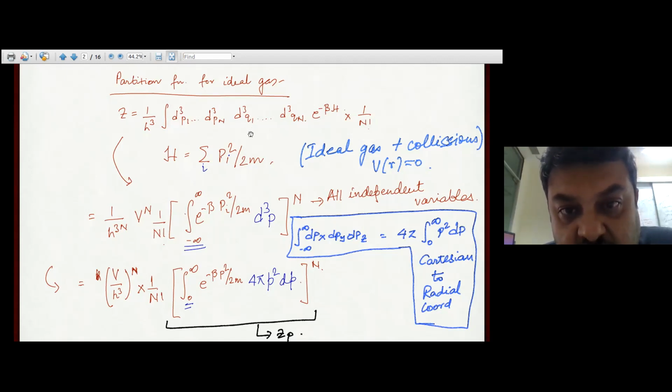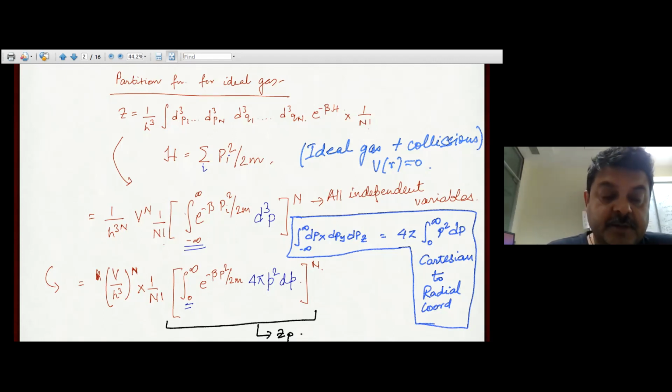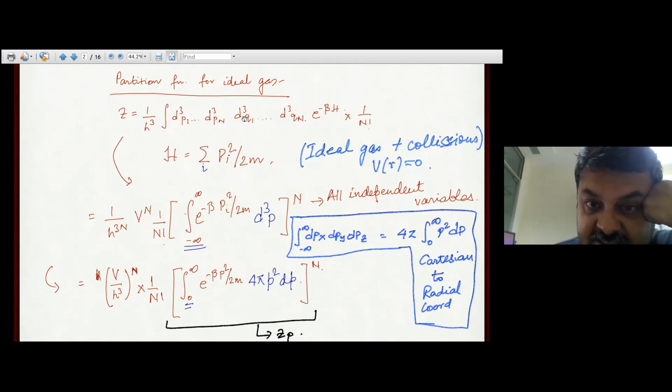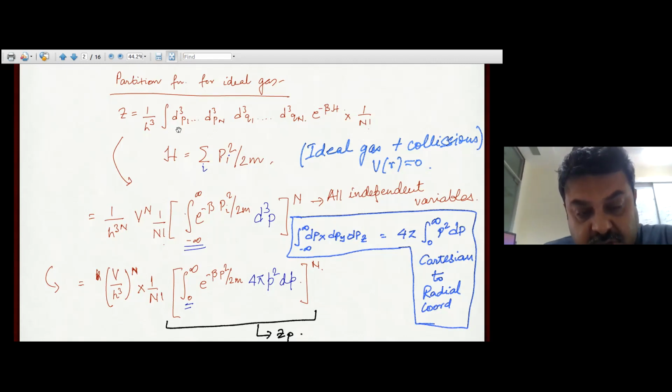Similarly, d3q1 corresponds to the real space coordinates of particle 1, which can be dx, dy, dz, because you're going to integrate over all possible microstates. On the other hand, you can also write this dx, dy, dz in spherical polar coordinates as d3q, right? I mean, you're just writing in different coordinate systems, and the aim is to calculate, to integrate over all possible momenta